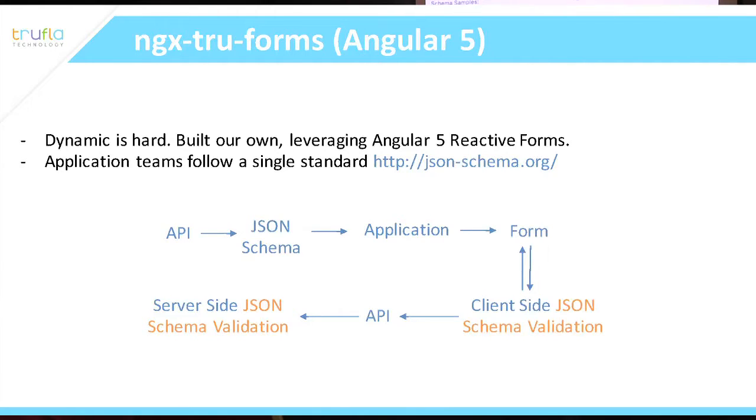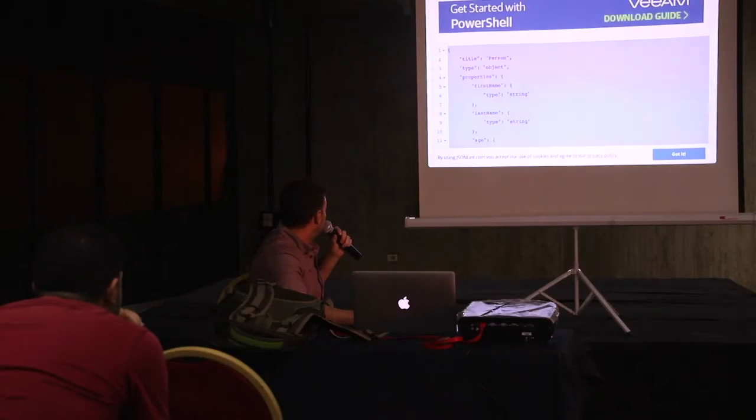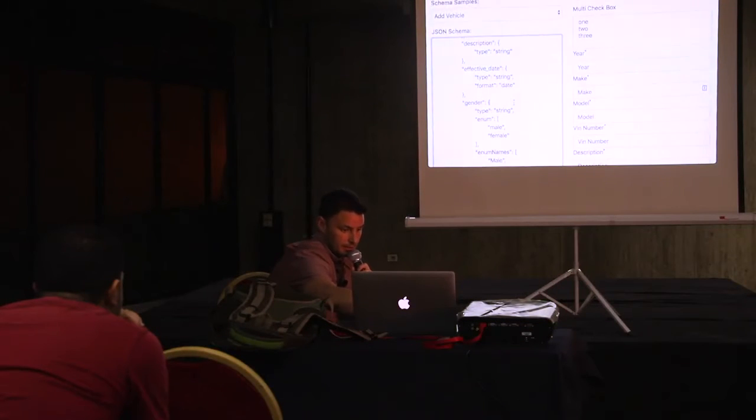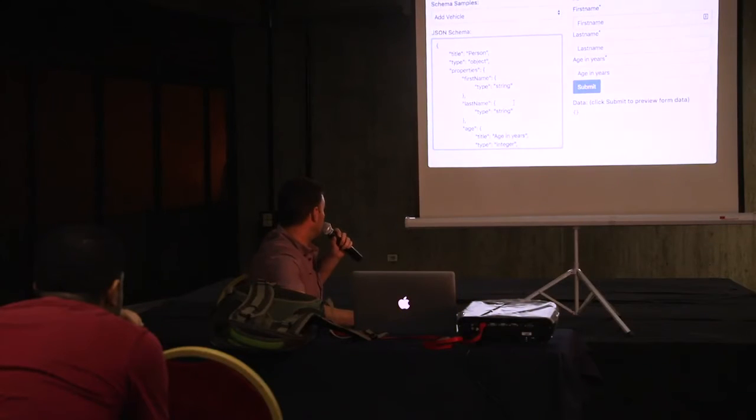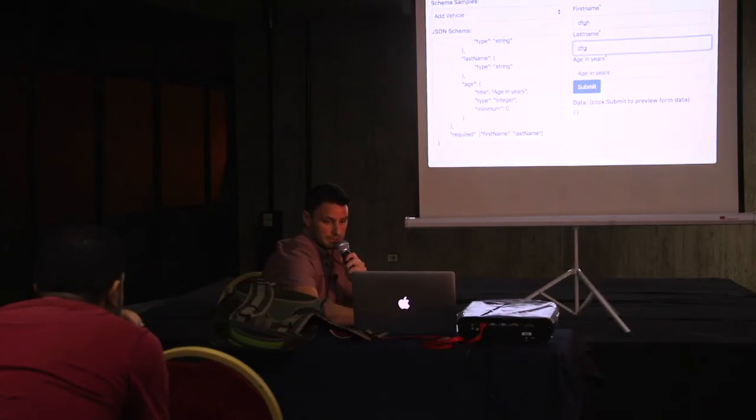So I'm just going to quickly jump into an example here. So this is a bit of what a complicated JSON schema looks like for adding a vehicle. So you can see that we're not specifying a form anywhere. What we're saying is these are the fields, these are the requirements, and then this gets produced on the other end. So taking the example that I had in the PowerPoint, we simply paste this in here, and now we have a new form. So based on what's required here, we can try and submit this, but it's not going to work. And then we just go in, put some data in,